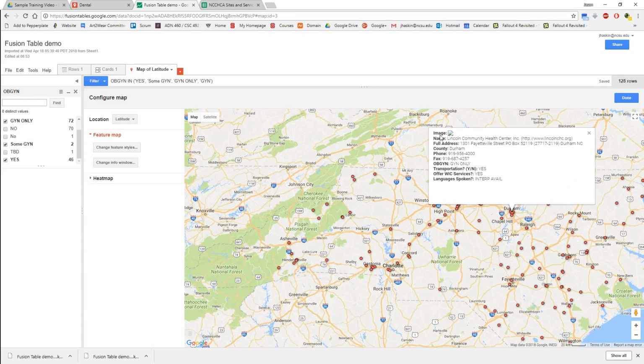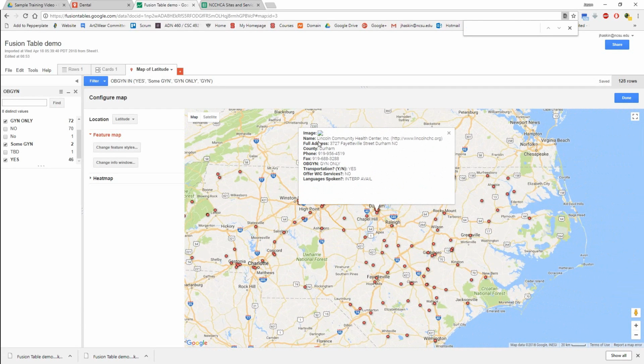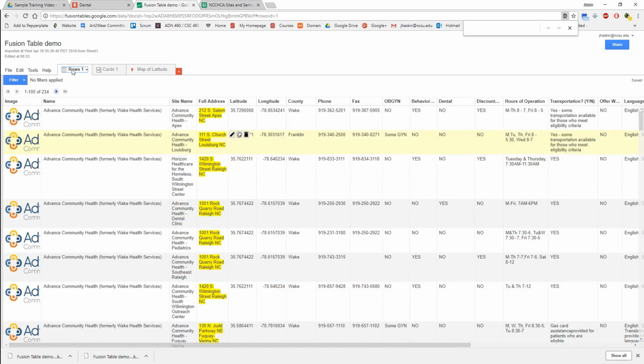Here's a good example of what will happen if an image is taken down. The images that are currently embedded into the data sheet are using HTTP links to a certain image online. These images, unless hosted by you, can go down occasionally. So we need to locate this service. To replace the images that are missing, we can go over to our rows,